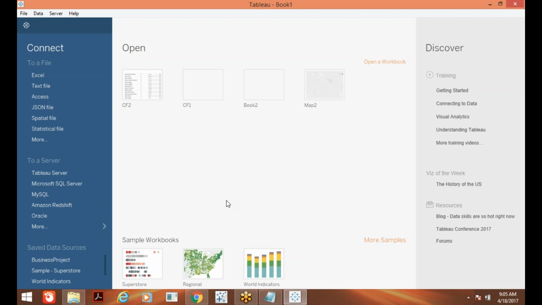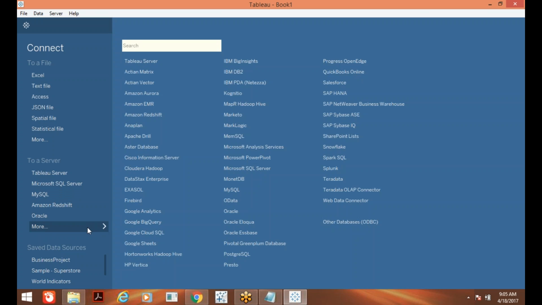So what is the difference between a file and a server? A server is a secured one. To connect with any server, you must have some authentication process. Tableau can connect with so many types of servers. We really don't know how many types of servers there are in the world.